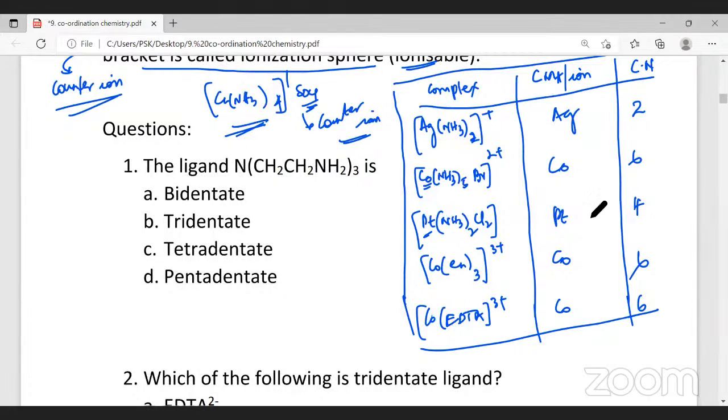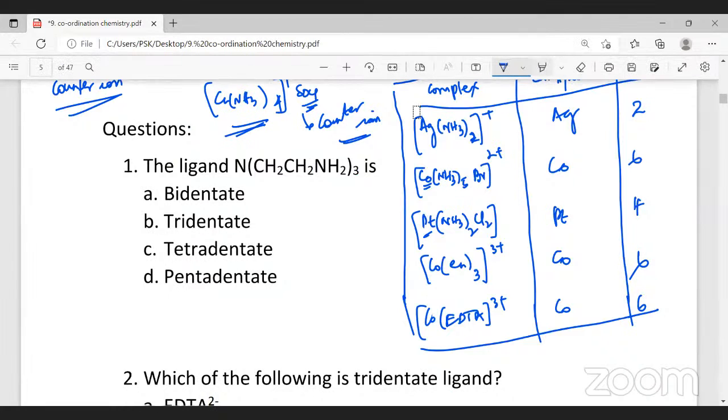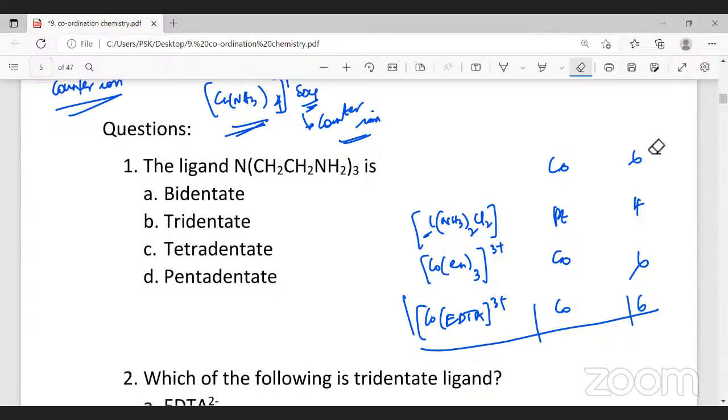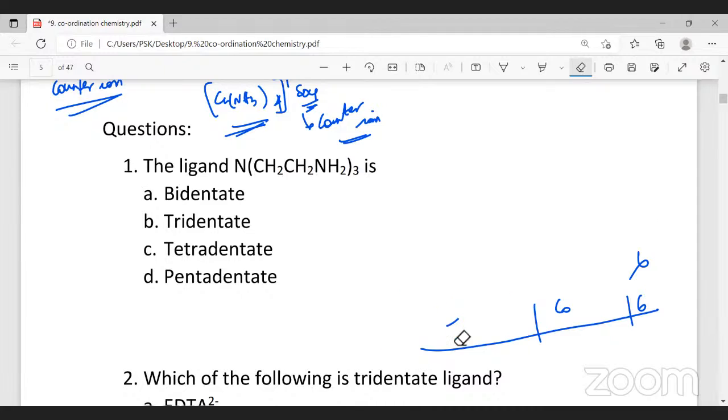Today we are going to learn a few questions on the basics of coordination compounds, and we're going to learn the naming part of the coordination compound, possibly the IUPAC nomenclature. I hope that we'll be learning that. All right, let's see. Now, one of the questions on the screen is the ligand